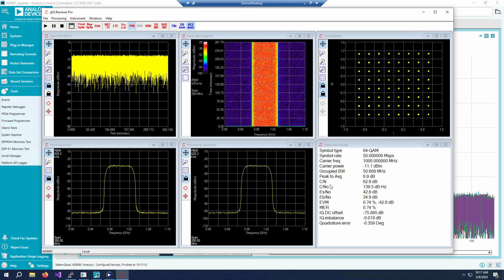Carrier to noise ratio, C over N, is an interesting thing that I like to look at. That is the level of the power where the signal is and the noise floor. What's the ratio of this to this in an equal bandwidth and other requirements there. But carrier to noise is like 62 dB. So for a 50 megahertz occupied bandwidth, that's a pretty good carrier to noise ratio